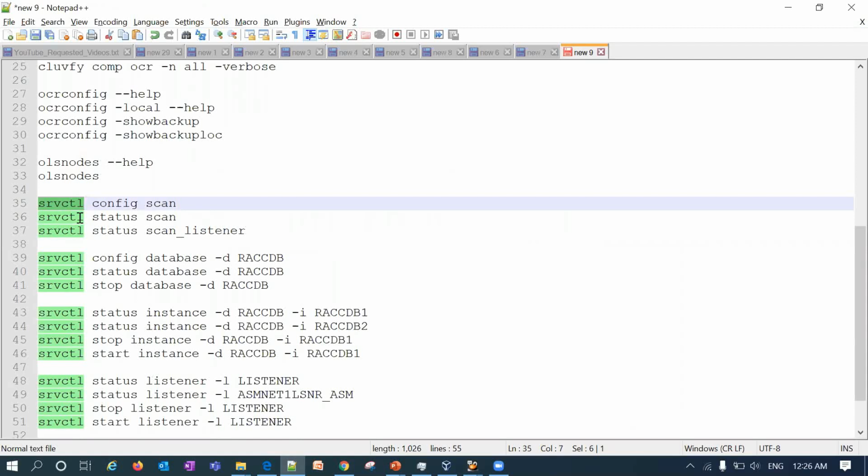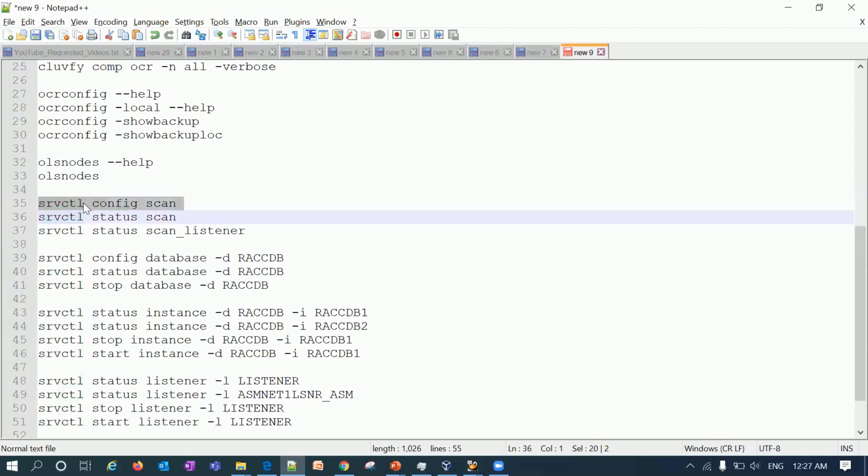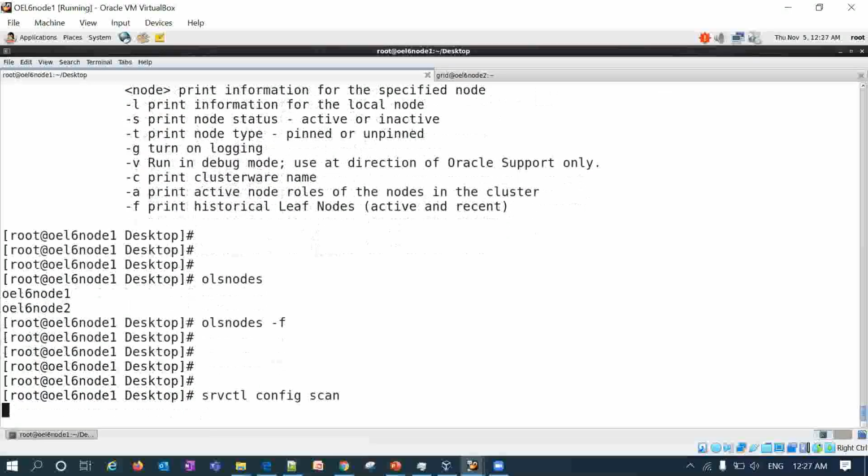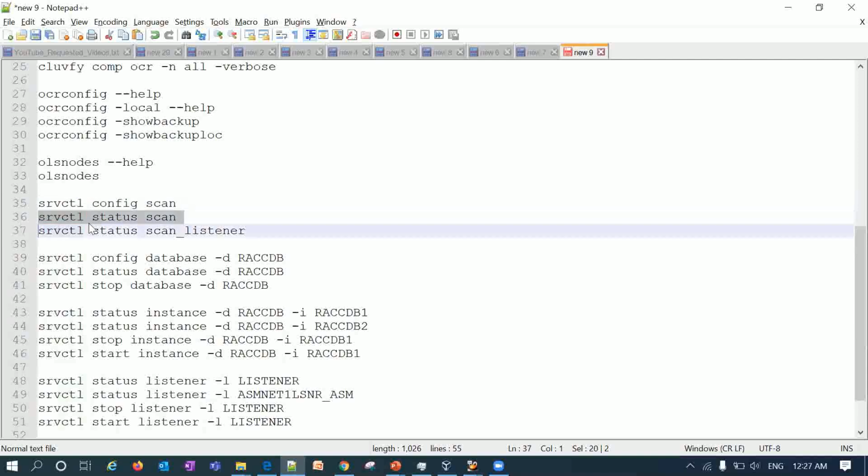SRVCTL is mostly used for database operation, database administration, listener administration, and SCAN and VIP administration. If I do SRVCTL config scan, it will give me my scan details. And if I do SRVCTL status scan, it will give you the status of my scan.